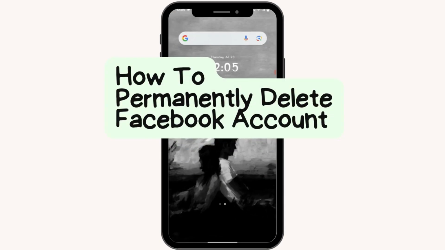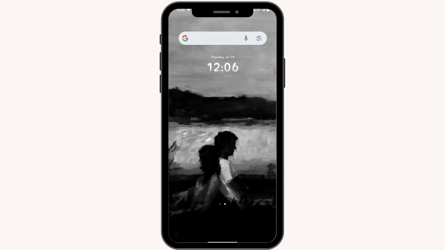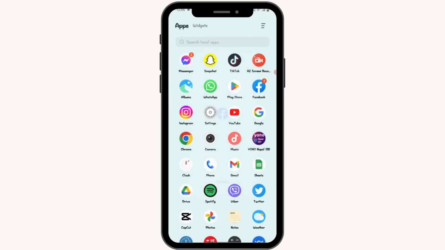How to permanently delete Facebook account. So if you want to delete your Facebook account permanently, then first of all you have to open up your Facebook application,